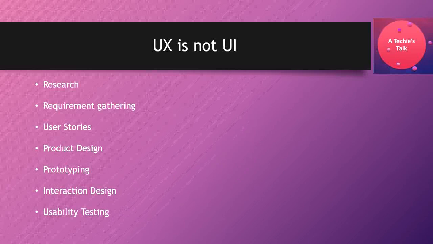UX is not UI. As I said before, in the software development life cycle, requirement is the first process, and in that we have to do research, requirement gathering, and we need to develop user stories. What are all the possible things that need to be included in our web page, and we need to include our prototype. In that prototype, every possibility needs to be included. We need to check the target audience, and based on their requirements or their taste, we need to develop the user stories.